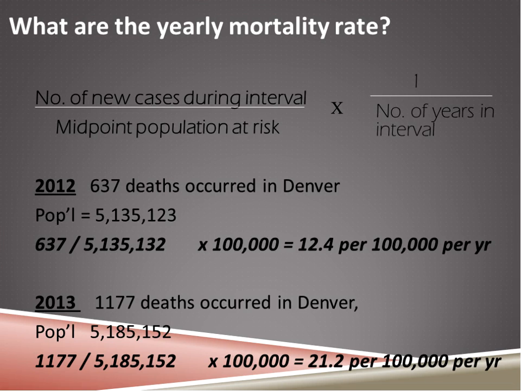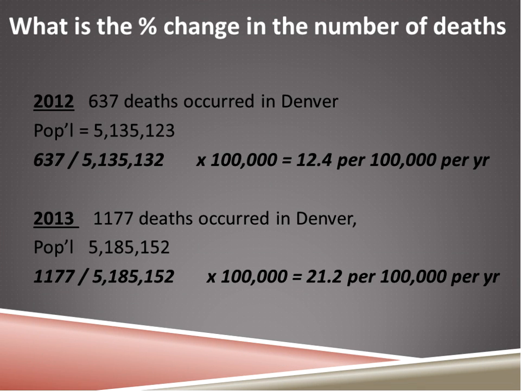So this would be the mortality rate, the incident mortality rate. So now the question is, what is the percent change in the number of deaths in Denver? And so to calculate percent change,